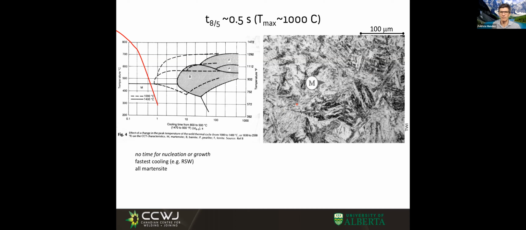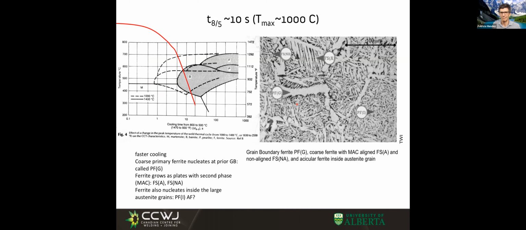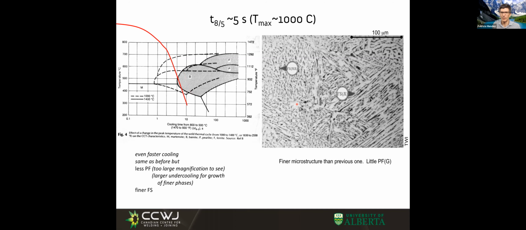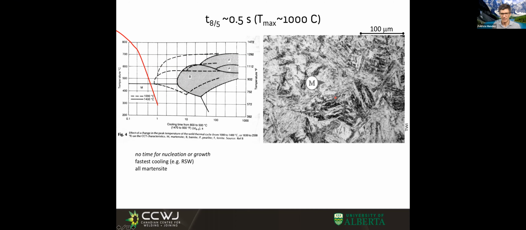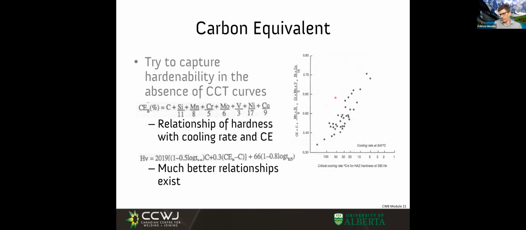For sure, if you look at this microstructure and compare it with this, it's the same material. I can tell a very big difference between that and this. These two look similar, or this one, which has some bainitic microstructures at the austenite grain boundaries, and this one in which we have nothing. So we'll discuss more about microstructures on Tuesday, but going back to the behavior of steels in welding,